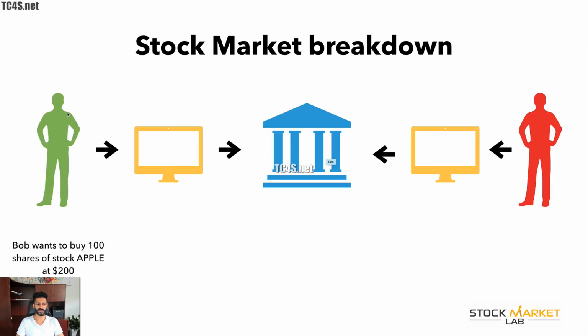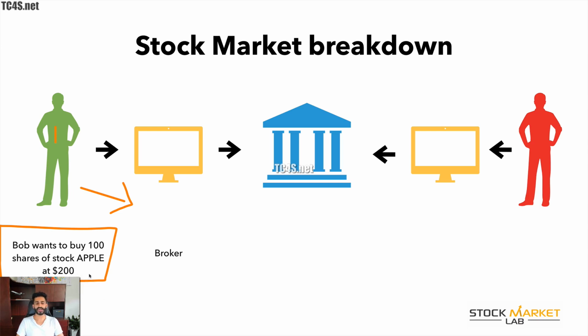Now, let's say on one side right here, we have Bob. Let's say Bob wants to buy 100 shares of stock Apple at $200. Okay, so Bob wants to buy 100 shares of stock Apple at $200. Now, if Bob wants to do that, Bob has to go through his broker. So Bob has to go to his broker and say, hey, I want to buy 100 shares of stock Apple